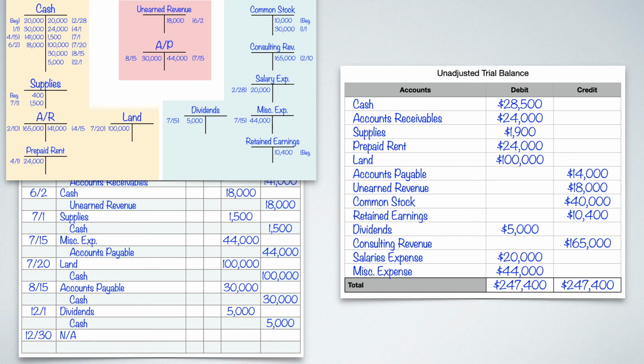There you have it. That is how you do an unadjusted trial balance. Now, I would not throw away this problem quite yet because in Chapter 3, we're actually going to finish the accounting cycle using this problem. So this is still going to be very important for you to have, the t-tables and everything, because we're just going to continue adding on to it.